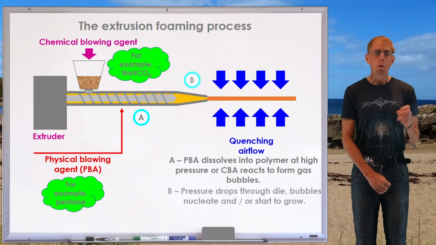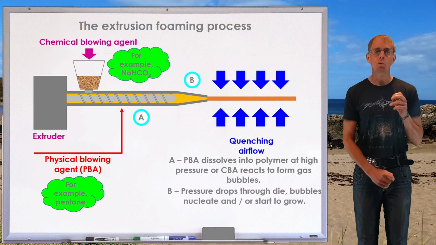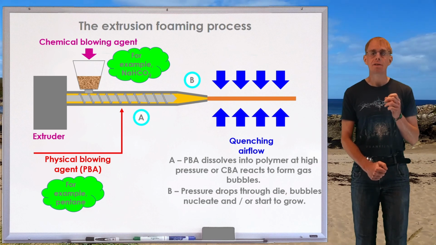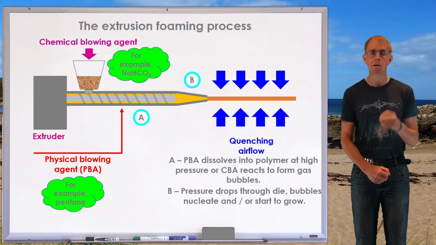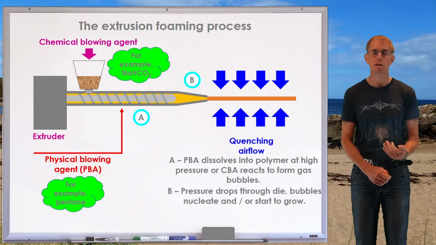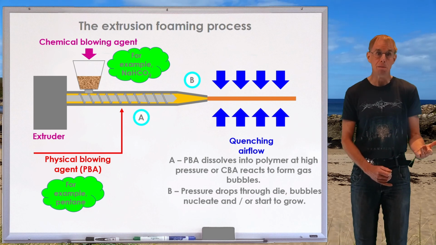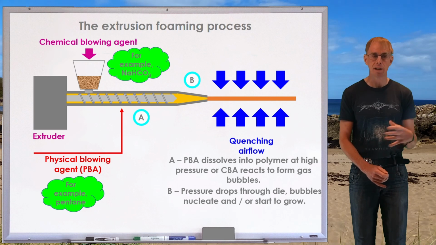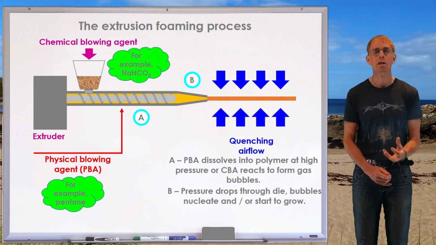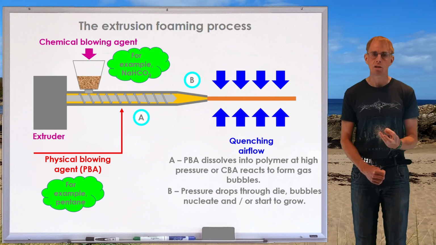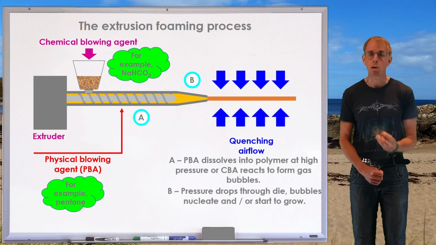So what needs to happen for the gas to come out of solution, if we're talking about a physical blowing agent, is that there need to be nucleation sites for bubbles to grow. I think we're probably all familiar with what happens to, say, supersaturated solutions. If you freeze them without nucleation points, you get something like a sub-cooled liquid that, in theory, should be a solid because it's within a solidification temperature, but there's been no nucleation site for those solid crystals to grow on. Same happens here. If there aren't nucleation sites for gas bubbles to grow, they won't, and the gas will stay